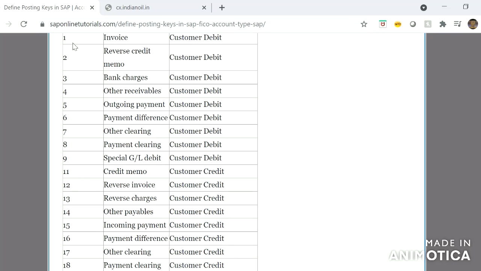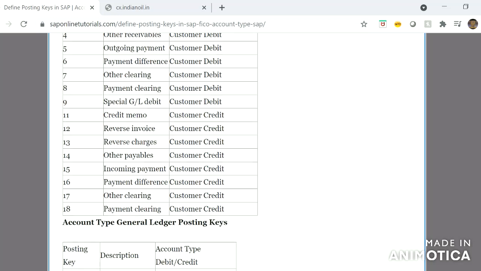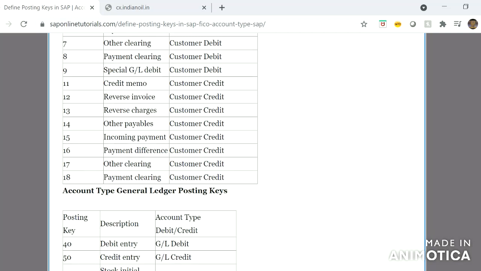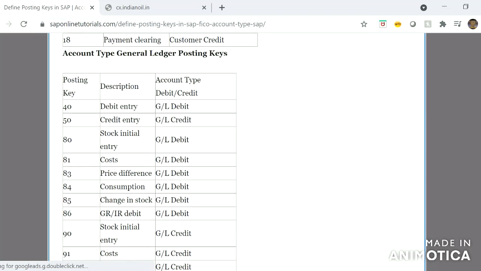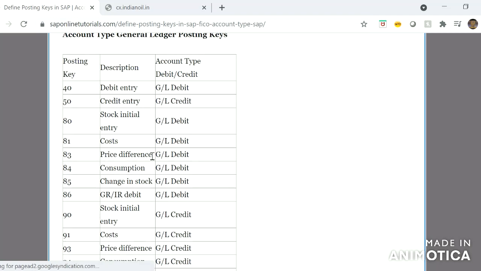See, it starts with 1 to 18 for customer debit and customer credit, and 40-50 are the famous posting keys for general ledger accounting, and for stock related items, GL debit and GL credit.